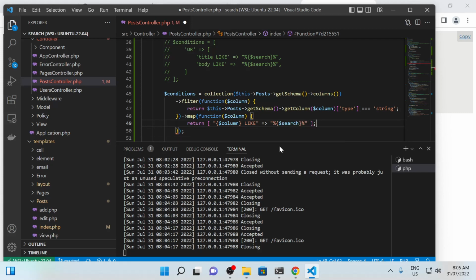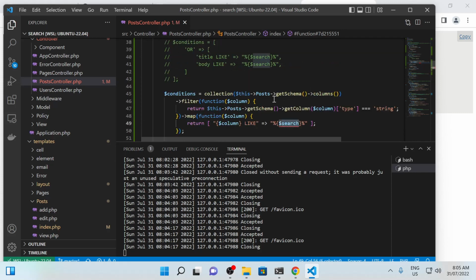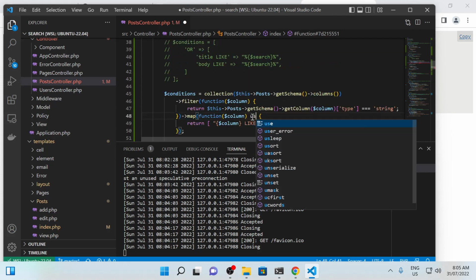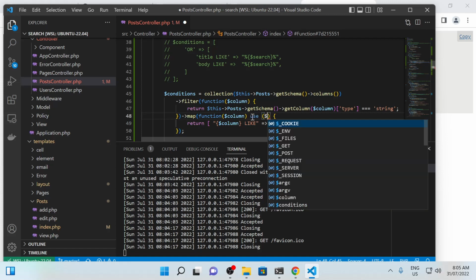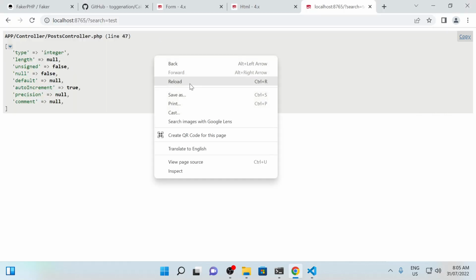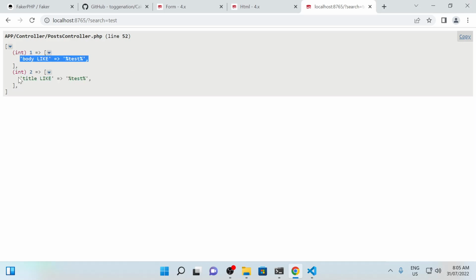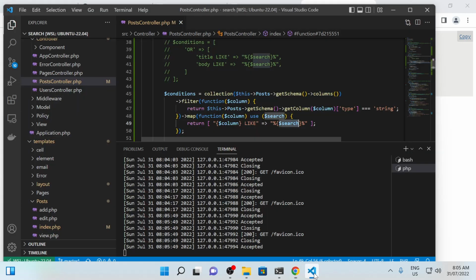And that's what I'm trying to build, and I need to pass in the actual search term here so that it's available to the inner function. But this is what we'll be getting with that, which is not quite what we want. We really want these to be in the same array, so we can change this to reduce,